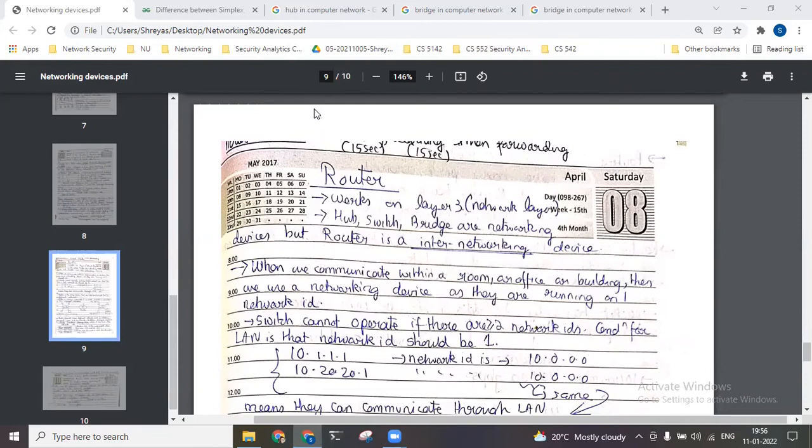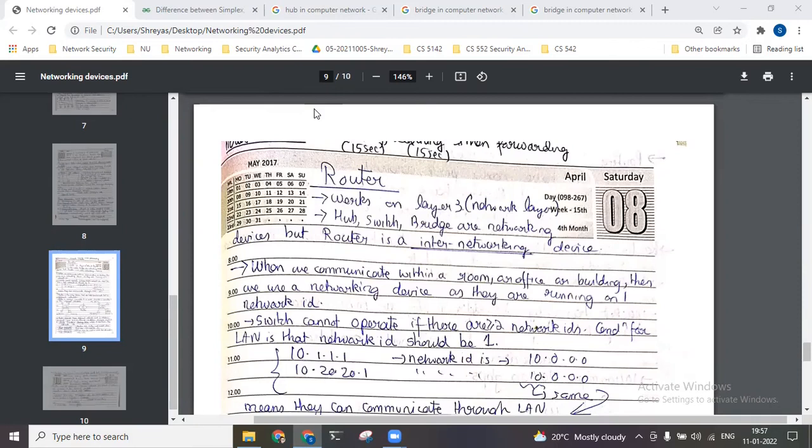If I connect 2 PCs and assign them to different network IDs, okay, I have a switch or a bridge, and I have 2 computers connected to it with different networks, then they cannot communicate. The first condition is that all of the devices connected in a switch, whichever side or port it is, or even in a bridge, where we have 2 ports, on both sides all the devices should have the same network ID. In all these cases, the network ID was 1. They belong to a single network.